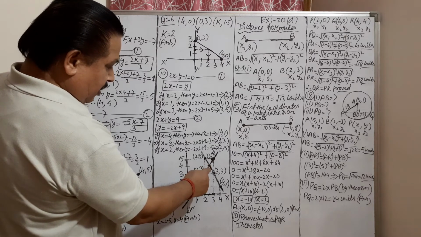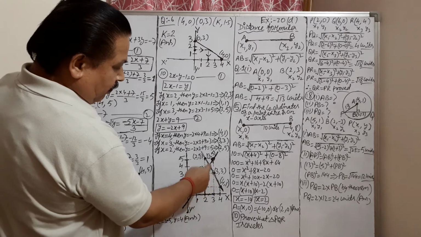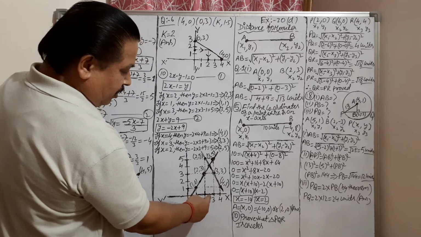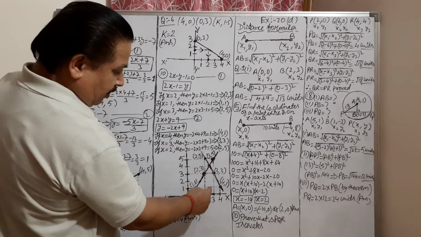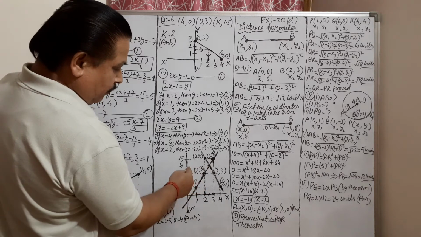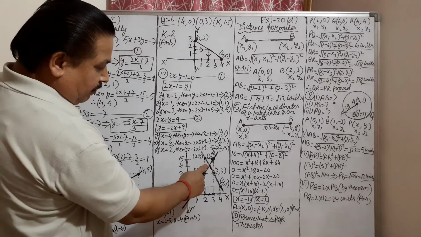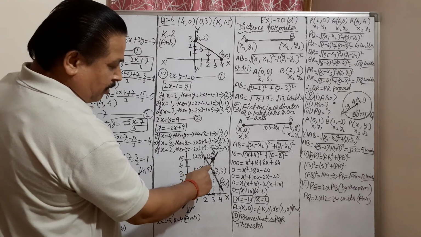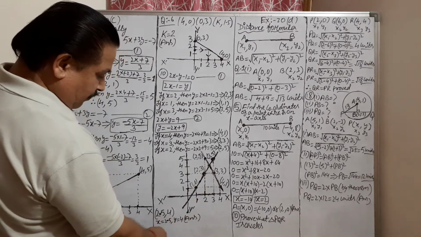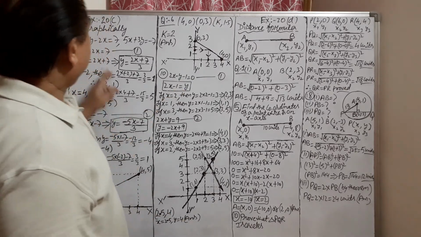Now they are asking for the value of x and y. What will be the x value? From here draw one perpendicular. This is coming 2.5. So the x value will come as 2.5, and see this side. This is matching with 4 on the y-axis. So the y value will come out as 4. So what will be the plotting point of this common point? 2.5 and 4. So x will be 2.5 and y will be 4. Now this is your exercise 20C.